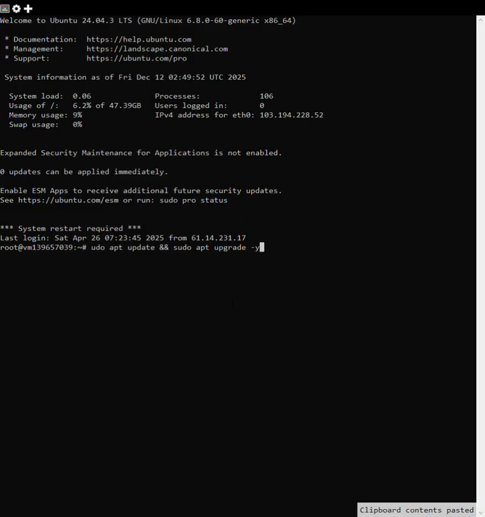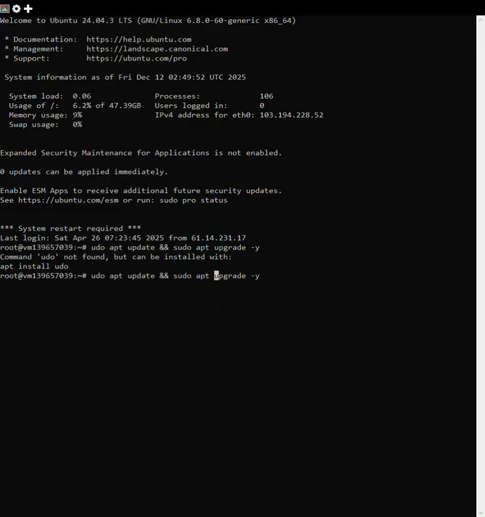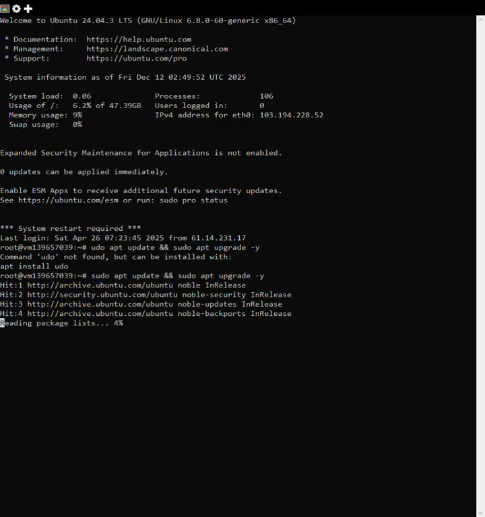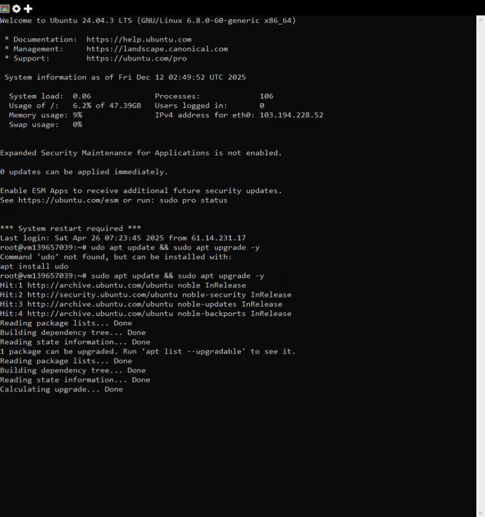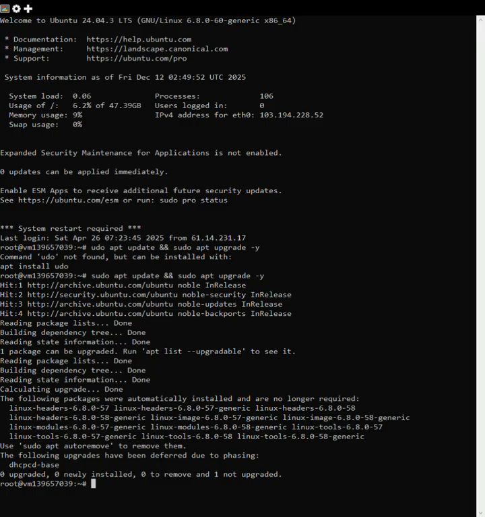First we want to update our system. So this is the command: sudo apt update and sudo apt upgrade. So now my system is up to date, and next